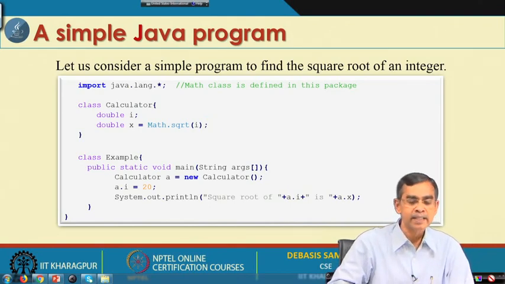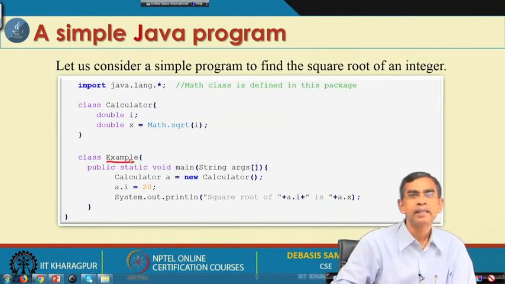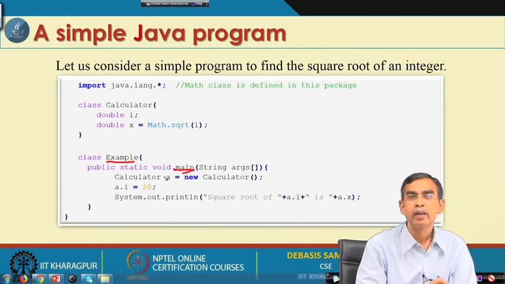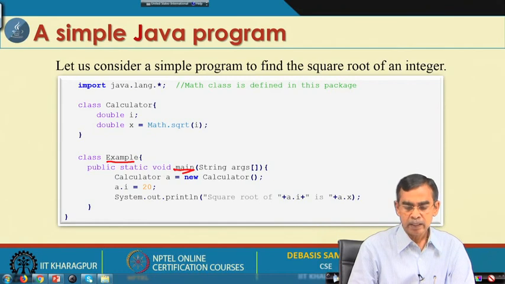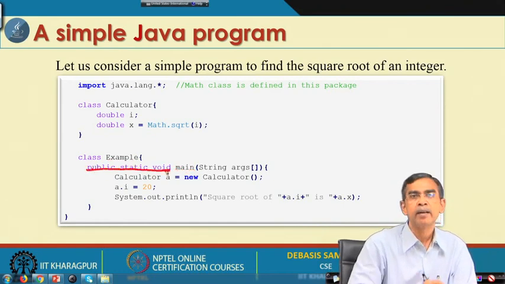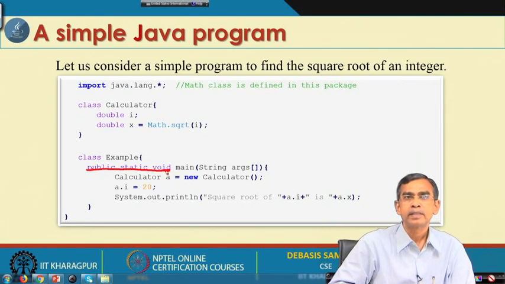Now, this is the class declaration, and the name of the class is Calculator. It is not the main class. Here, Example is the main class in our case, because it contains the main method. If you see the main method, it has many things. These are the three things prior to that: public, static, void. We should know exactly the implications of all these keywords: what is public, why it is static, the void, and everything.